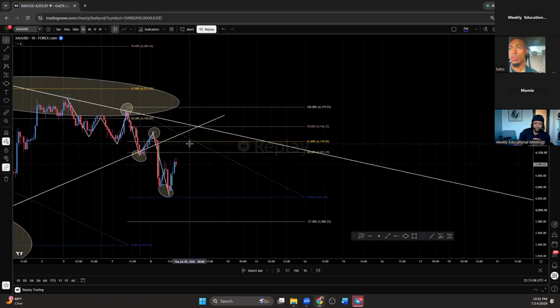But the most important thing is I wanted to wait for some type of liquidity sweep, and the liquidity sweep had to happen at this. I literally told you guys that when I sent the text in the chat Friday. I said we need to get a breaker structure, right? We need to get a liquidity sweep, right? No, we need to get a liquidity sweep. We get a breaker structure.